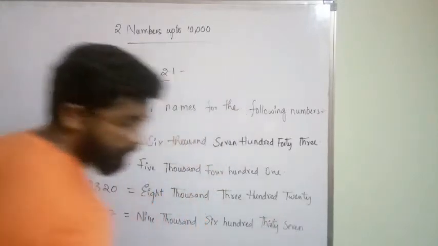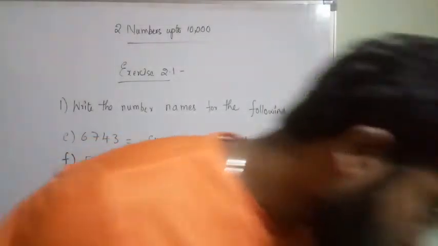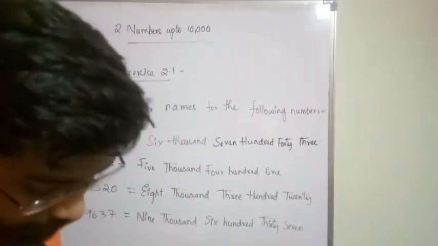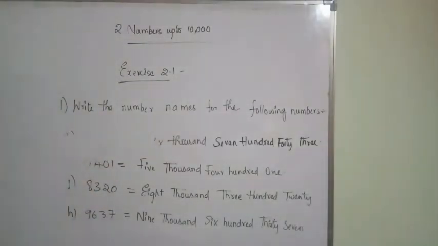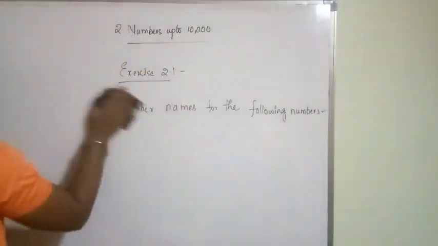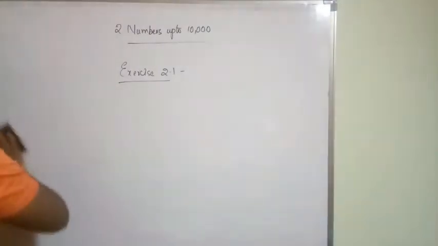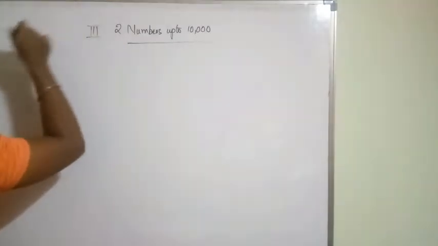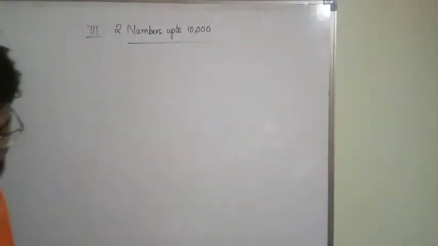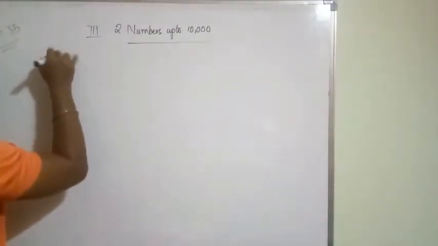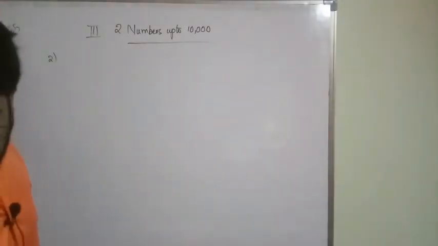So let us move to your second bit. These are very easy, that's why I am telling them fast. So you have to understand them very clearly. In your page number, how much? 85. Next page, 85. I forgot to write. Okay, second bit is what? Write the numerals for the following number names.